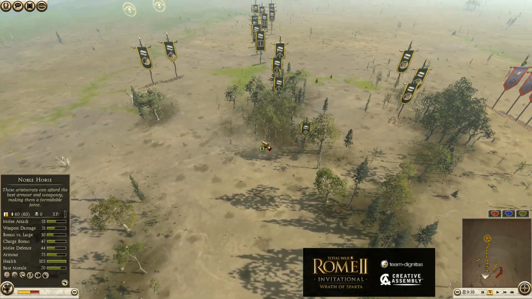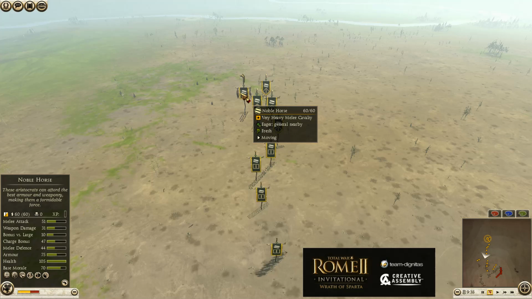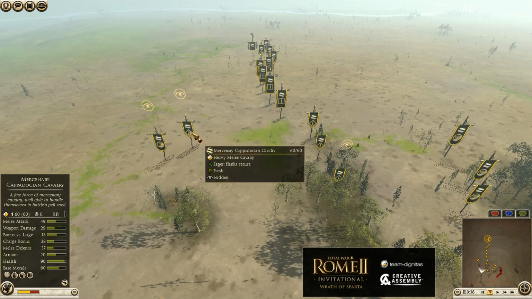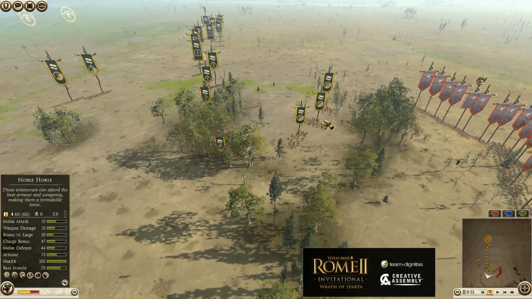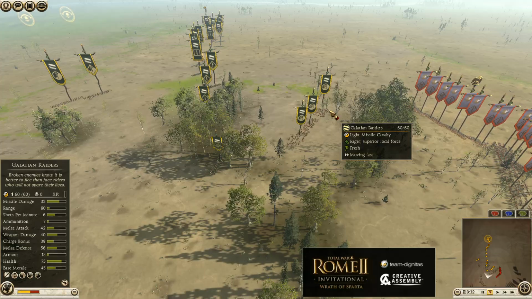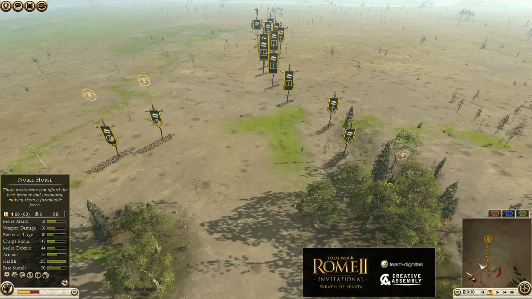But yeah, I'm gonna go over Duck's build. He has a noble horse general strategist, has light horse mercenary Cappadocian cav. I assume 2 of those. Indeed, he does have 2 Cappadocian cav. Has 3 Galatian raiders, really good skirmisher cav. They still have pretty decent melee stats for being skirmisher cav. And in terms of